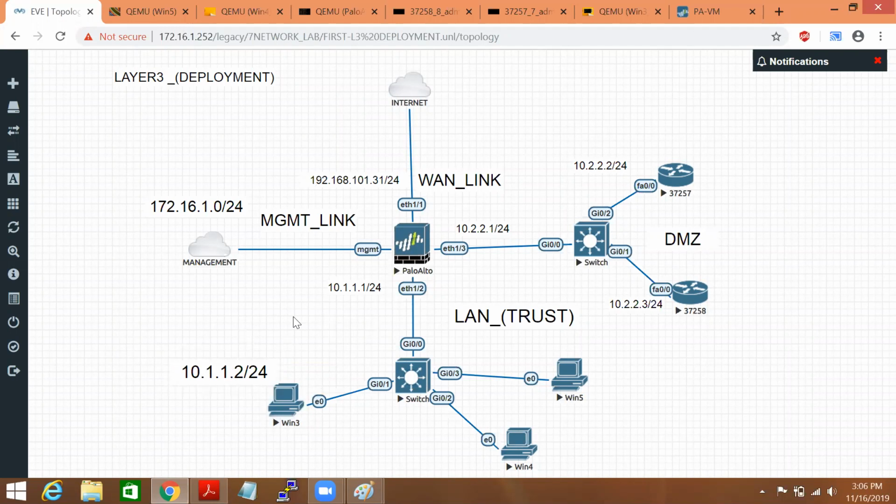Yes. If your administrator is a part of the management subnet as well as part of the LAN trust, they always sit on management as well. They always try to access from the LAN trust. So in that case, we can allow it. It's basically a design perspective, so accordingly we can allow or deny services.